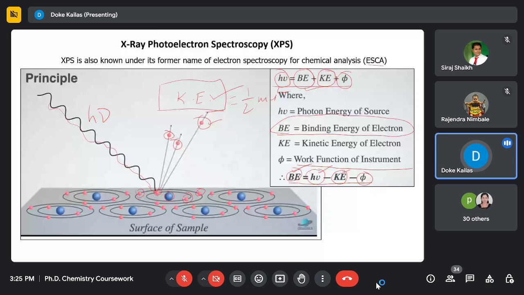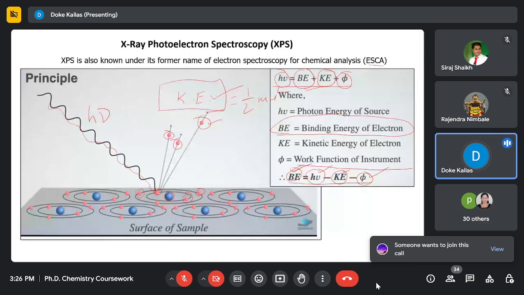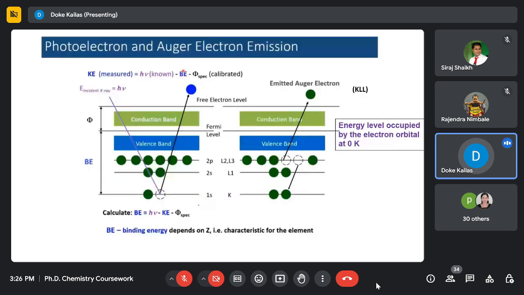So we can directly find out the binding energy of each and every electron from the constituent atoms or molecules, whether it is a polymer compound, or an adsorbent, or a crystalline substance or amorphous substance, or inorganic compounds or organic compounds. That can be easily identified by using X-ray photoelectron spectroscopy. Once again, I will go into detail to understand what the work function is, what the kinetic energy is. So if you see this slide,